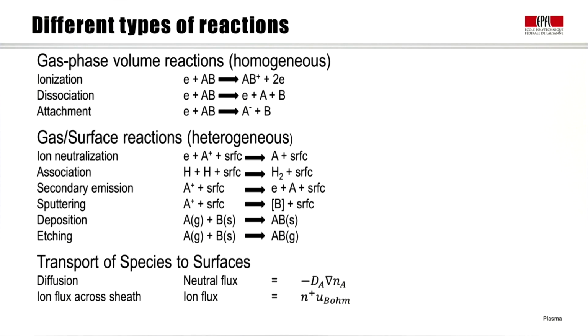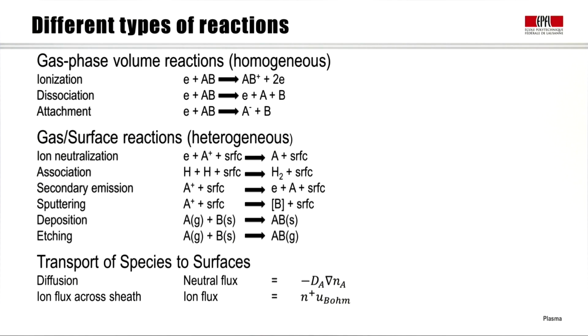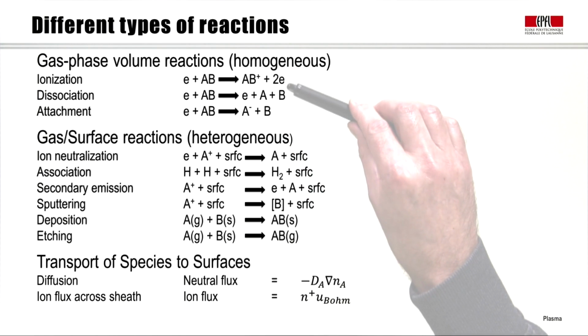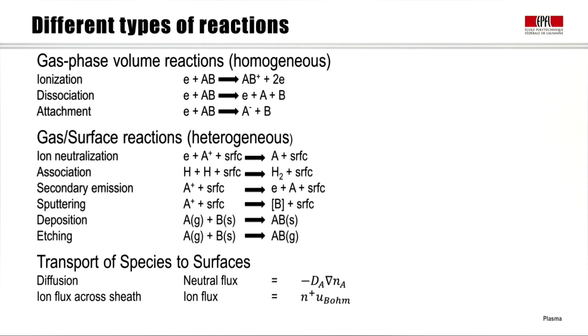We have many different types of reactions. For example, gas phase reactions in the volume, which are called homogeneous because these are reactions between gas and gas. Types of reactions possible are electrons which ionize molecules, therefore giving 2 electrons. We'll see this in modules 2 and 3. There is also dissociation of the neutrals into separate atoms or molecule groups, and even attachment to molecules which can